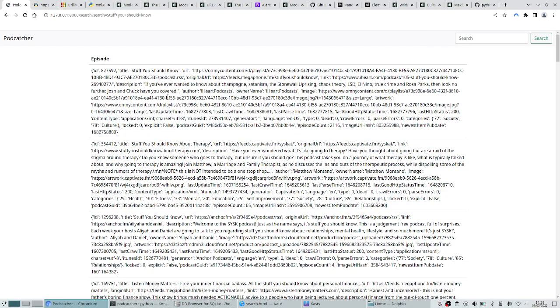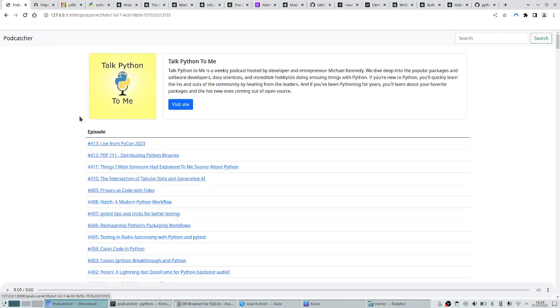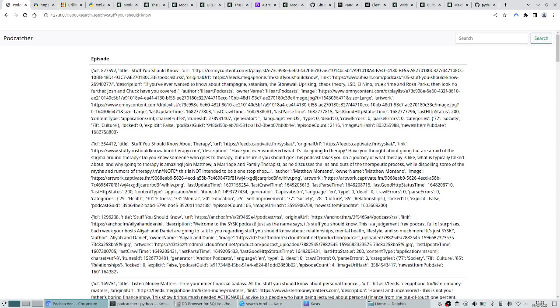And maybe when we click on this link, it should redirect you to an actual page that we've properly parsed. So if I search for stuff you should know, when you click on the link for stuff you should know, it should redirect you to like our internal result for stuff you should know potentially. Let's think about how we could do that. But before that, let's maybe just